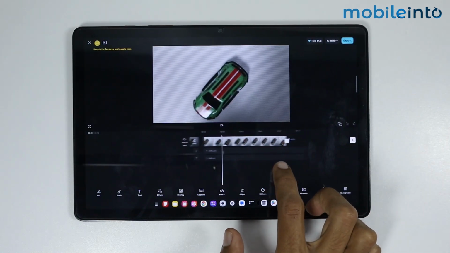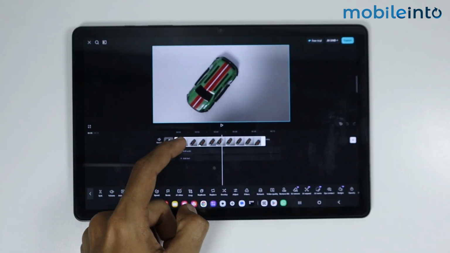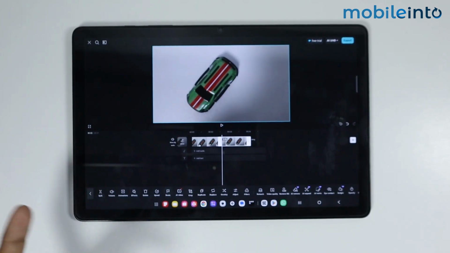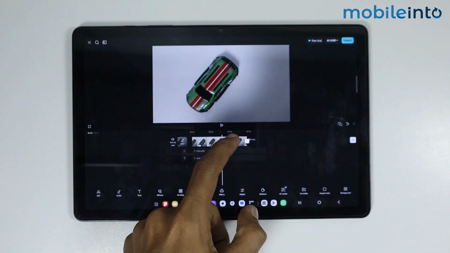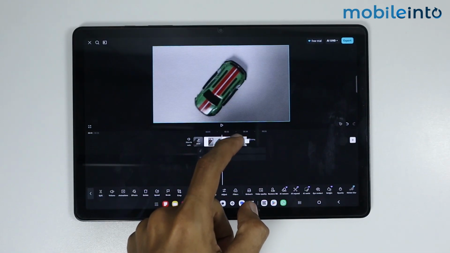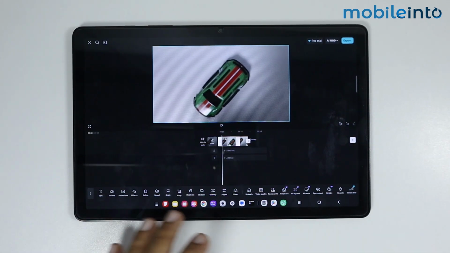Now as you can see, this is the timeline of the video. Now if you want to crop the video, you can do it from here. And also if you want to split the video from the middle, you can use the split tool and you will be able to split the video. And you can remove the central part of the video, just like that. Now this is a professional tool, so you can apply background music, you can apply text effects, and many other